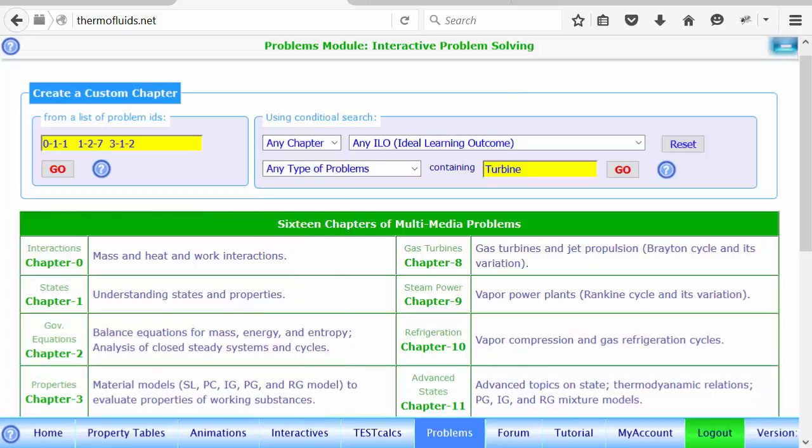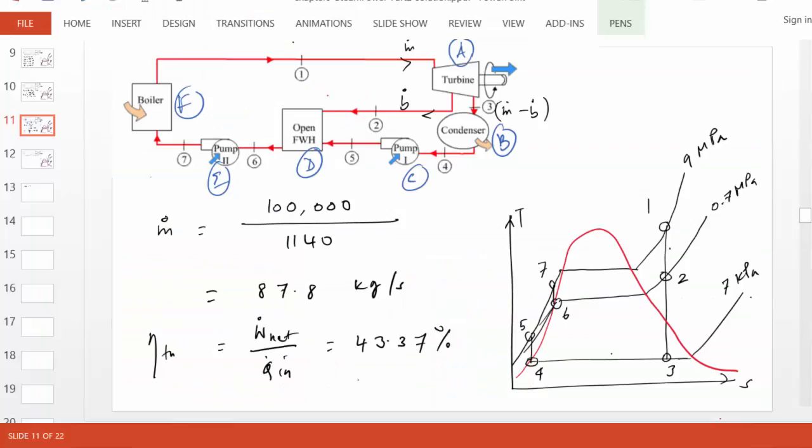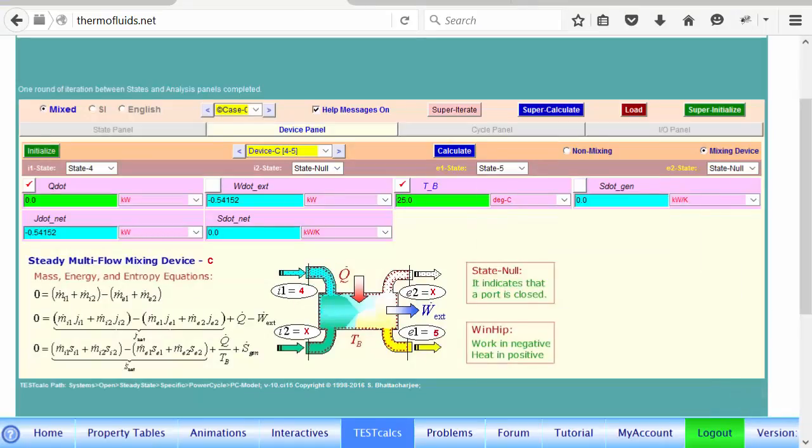Alright, so I think I just lost my Testcalc, but I will redo it and post the test code so that you can regenerate the solution. Okay, so I got back the